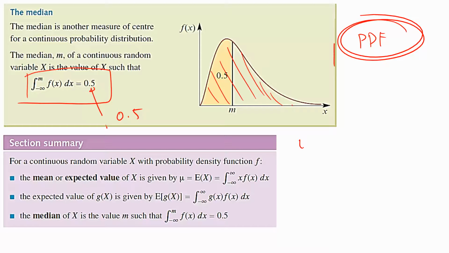If you had E of g of x, so if x was a function rather than a variable, then it was g of x multiplied by the probability of x, and sum that. Then it's exactly the same when it comes to continuous. So it's still your function times the probability. Sum them together. It's the same thing. Chapter 13, chapter 15. Yeah?